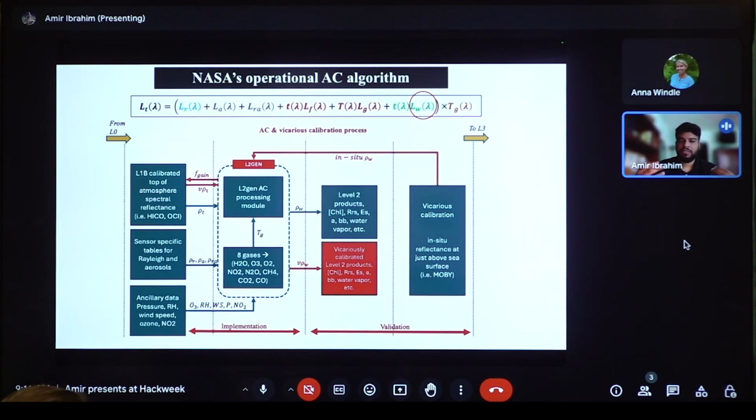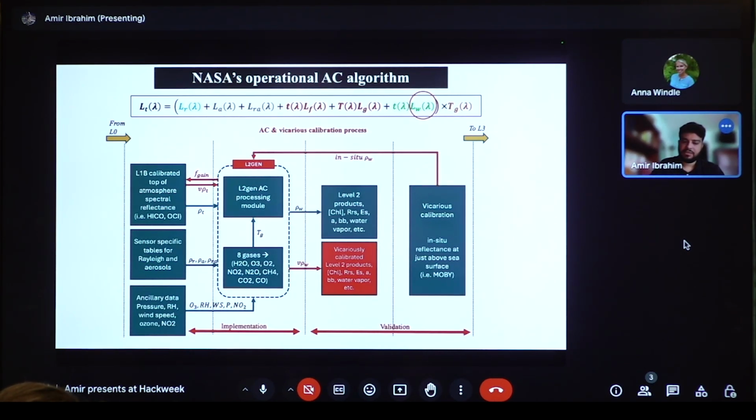Like I said, we can predict Rayleigh very well, so we have sensor-specific lookup tables to do the correction. We also have sensor-specific lookup tables for the aerosols, as well as things like whitecaps and glint. All of this information is utilized together in an algorithm to remove the atmospheric contribution